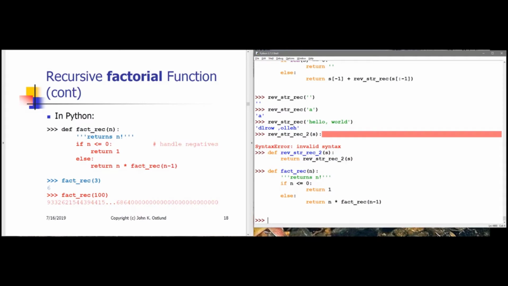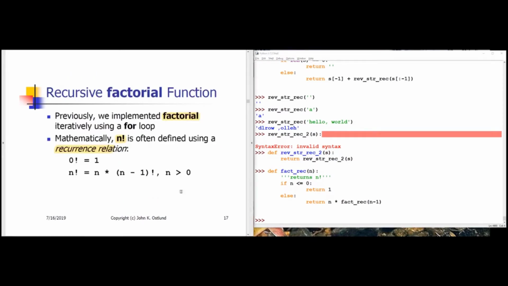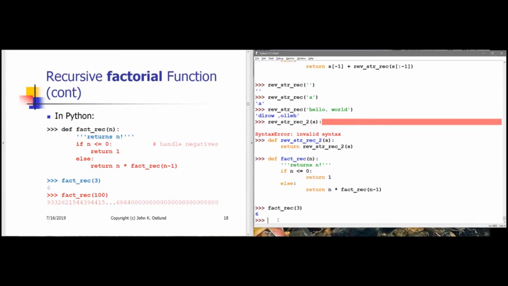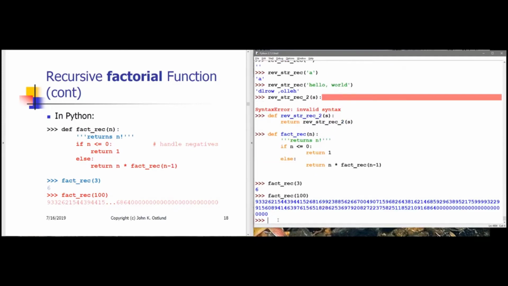All right? So that is really the mathematical definition of recursion this way, implemented very simply in Python code. We can compute the factorial recursively of 3, and we know that's 3 times 2 times 1 is 6. We can compute the factorial recursively of 100. Well, we don't know what that is off the top of our head probably, but there is the result. Now, it turns out